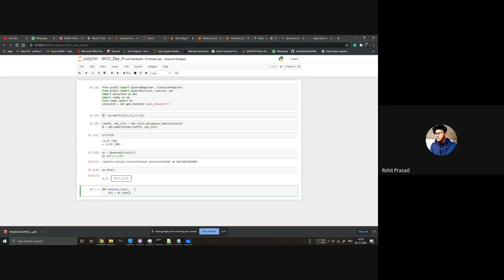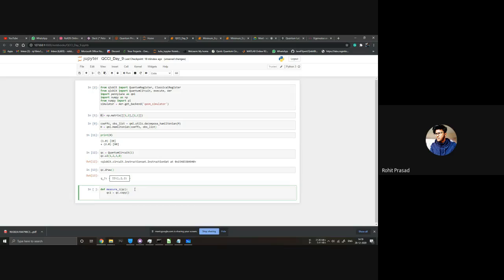What does the copy do? It just copies the circuit onto a new circuit. So it's now done. So we can do QC1 dot measure_all. This measures all the qubits. We have only one qubit, so it will measure that one.